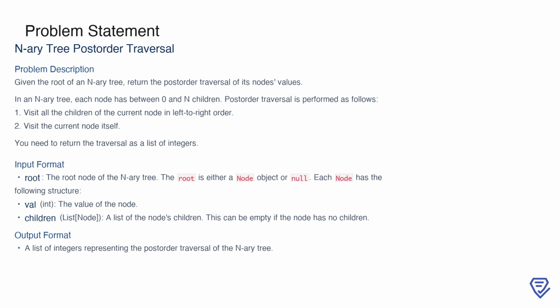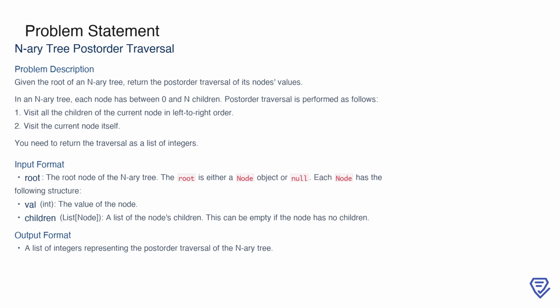In an N-ary tree, each node can have anywhere from 0 to n children. Postorder traversal follows a specific order. First, you visit all the children of a node from left to right, and only after that do you visit the node itself. The output will be a list of integers representing the values of the nodes in this traversal